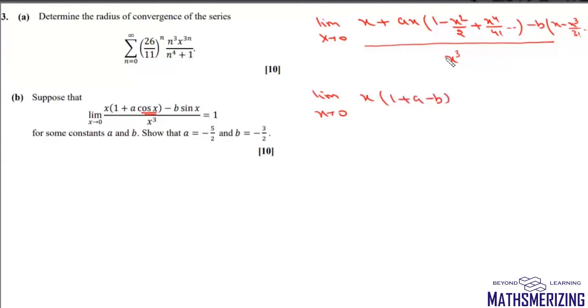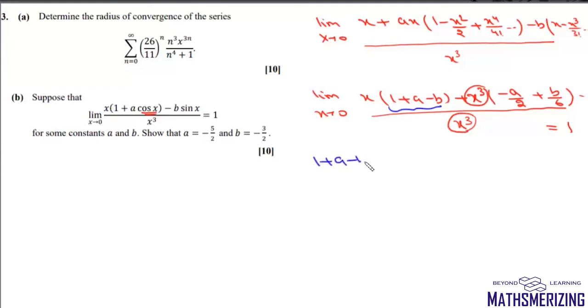Now there will be no term containing x square. Now we'll write the coefficient of x cube. So what is the coefficient of x cube? Coefficient of x cube will be minus a by 2 plus b by 6, upon x cube. Now the answer to this limit is non-zero finite. So it simply means that the minimum power in the denominator must be the same as the minimum power in the numerator. So this coefficient of x must be 0. So from here we'll get 1 plus a minus b is 0. That is, the value of a minus b is minus 1. Now since we do not have this term, the minimum power of x is the same.